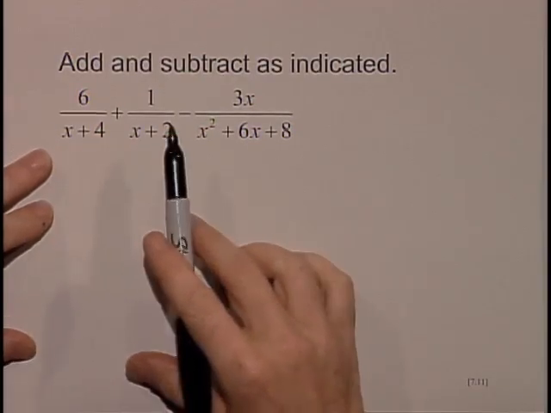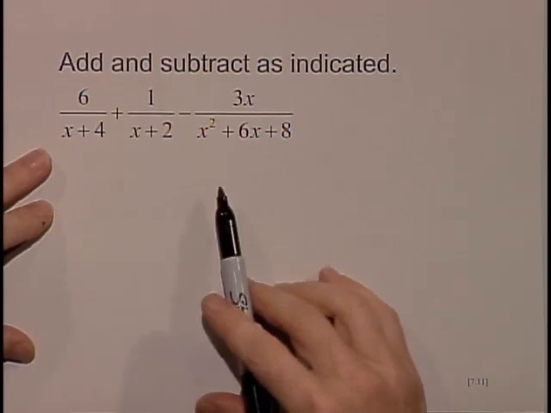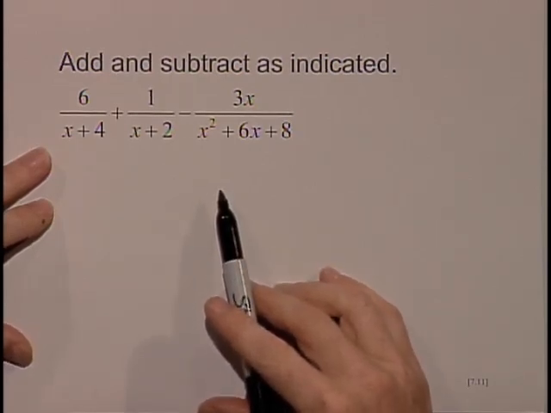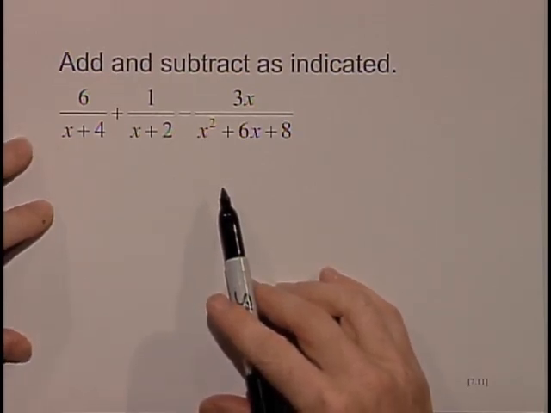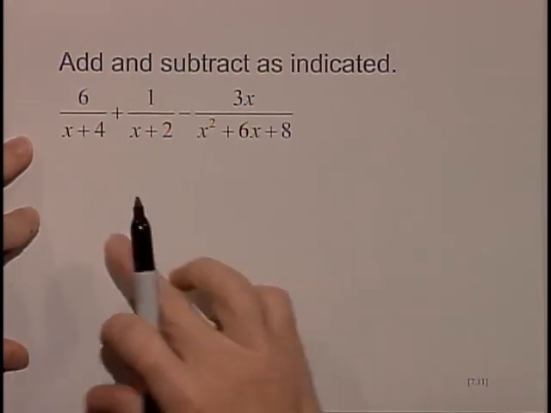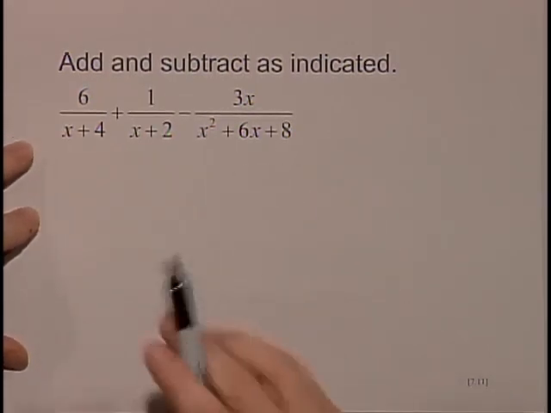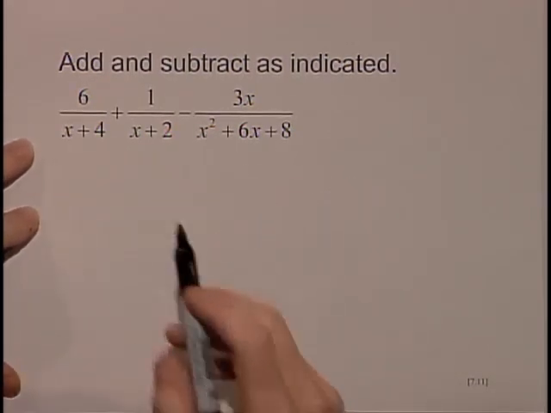Add and subtract as indicated. 6 over x plus 4, plus 1 over x plus 2, minus 3x over x squared plus 6x plus 8. We're going to need an LCD since our denominators don't match, so let's factor each one if necessary in our